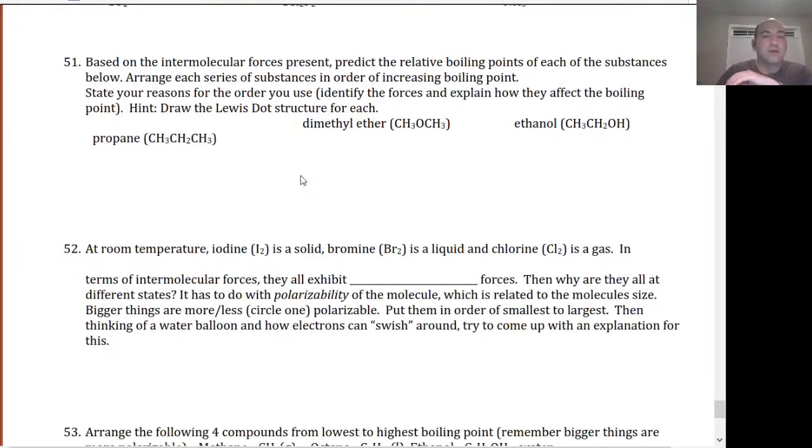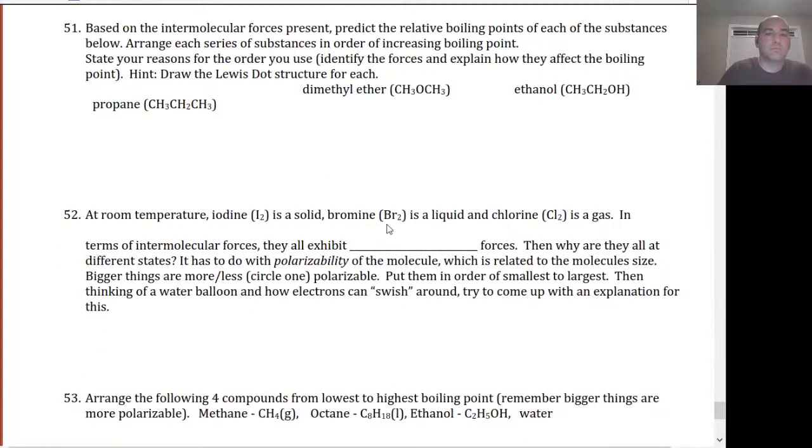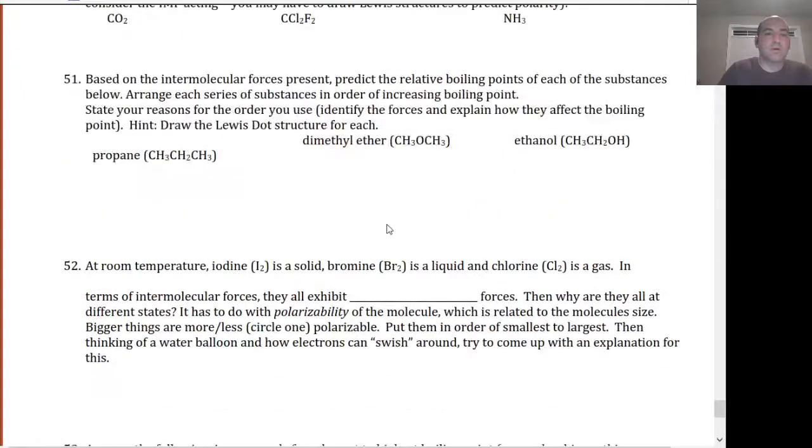Let's look at another example. I want to look at 51 here. So based on the intermolecular forces present, predict the relative boiling points of each of the substances below. Arrange each series of substances in order of increasing boiling point. State your reasons for the order you use. There's only one set of substances here. I think I cut that down from what it was before. All right,